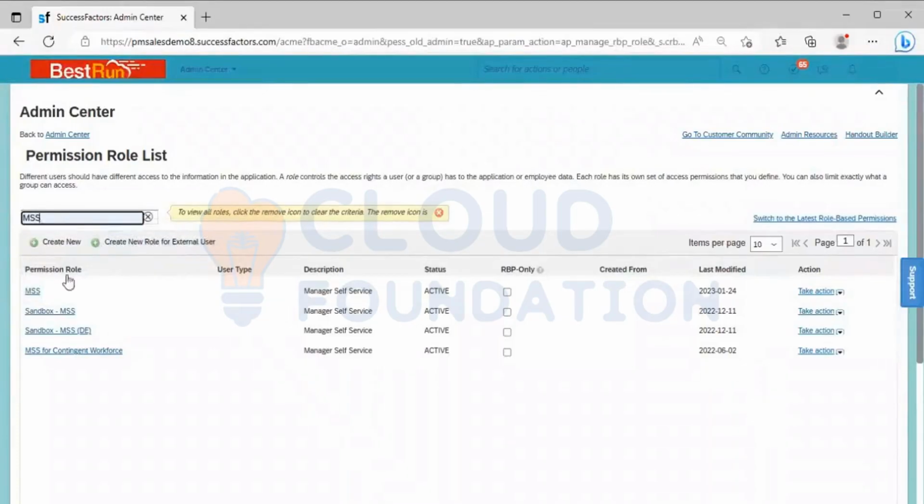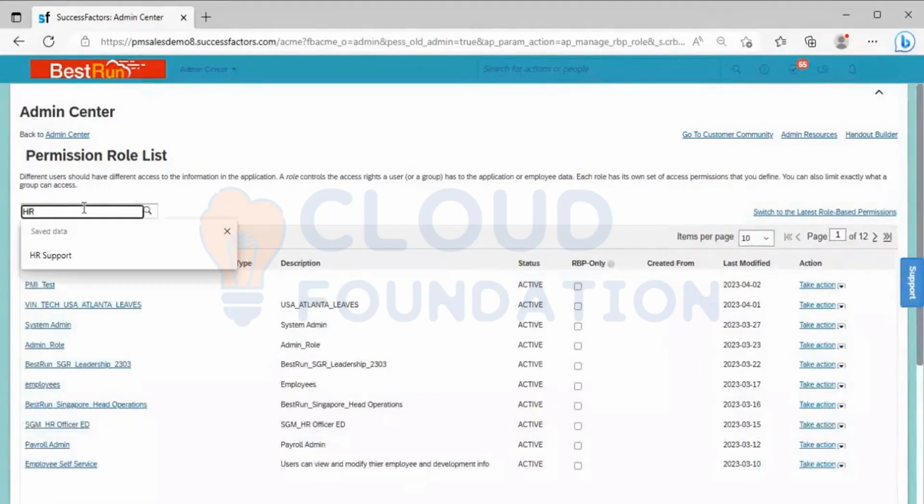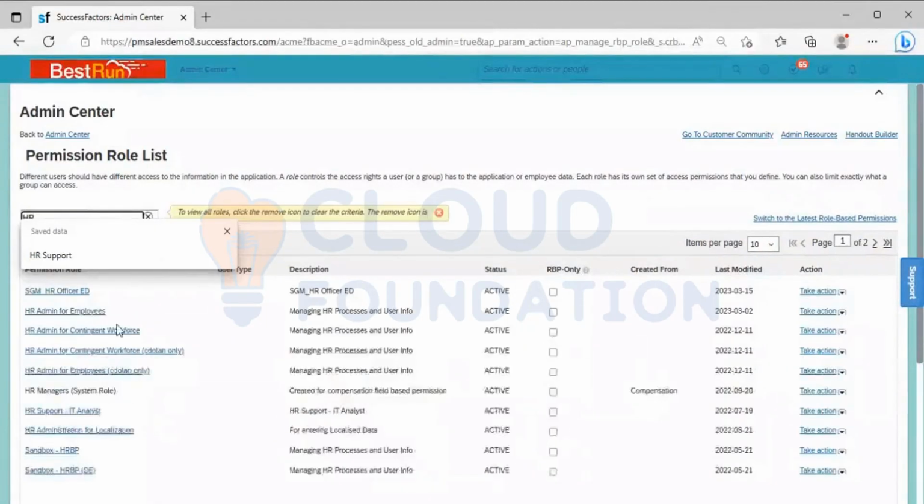You can see MSS. Similarly, ESS and apart from ESS, MSS. You can also see HR admin will also be there. You can see HR admin, HR admin for contingent workforce. HR admin also can be country specific.